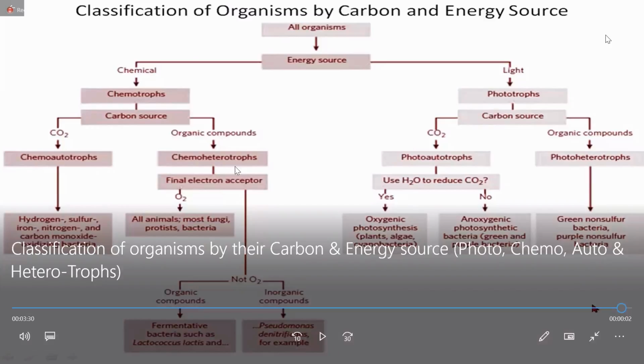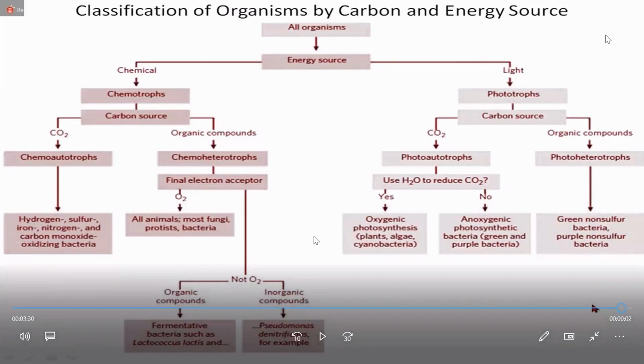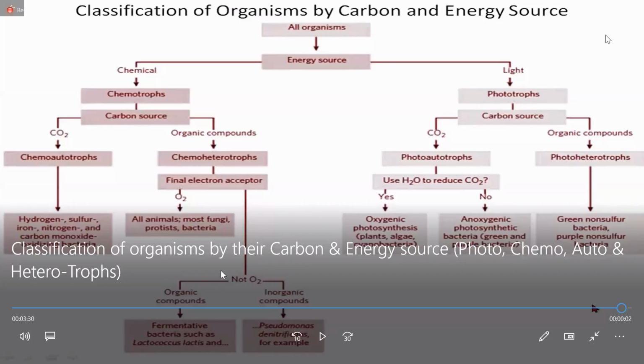Chemoautotrophs, chemoheterotrophs. Chemoautotrophs use only hydrogen, sulfur, iron, nitrogen, and so on. And here in chemoheterotrophs, it can be with oxygen or without oxygen. Already in the nitrogen cycle, we identified, in the absence of oxygen, the Pseudomonas bacteria, and fermentation